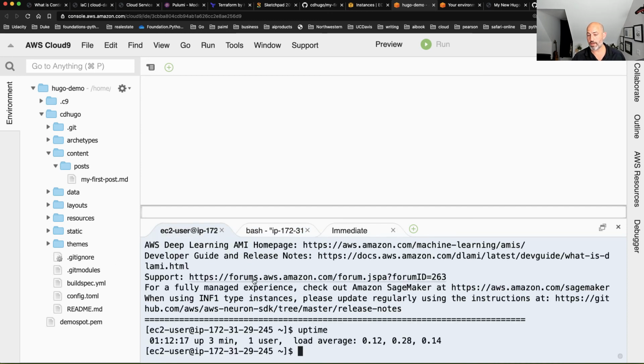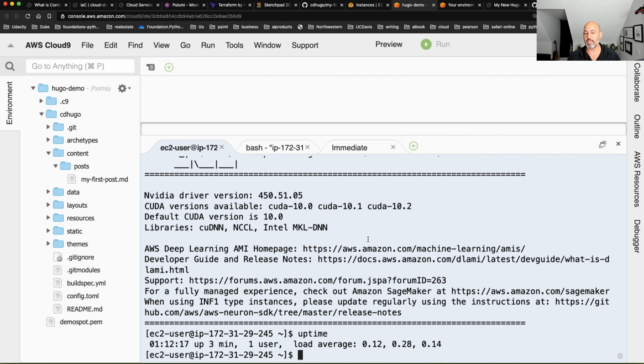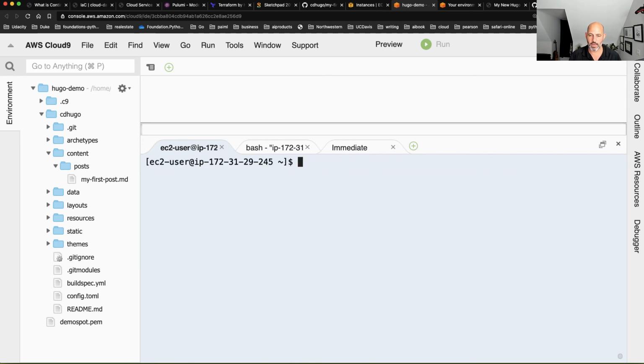And what's cool about this is I now have a completely configured deep learning spot instance that I can do all kinds of stuff. I've got NVIDIA drivers. I can do CUDA operations, all kinds of fancy stuff on here. And then I think it's even got IPython installed, right? So with IPython, I can start using TensorFlow and all kinds of cool stuff.